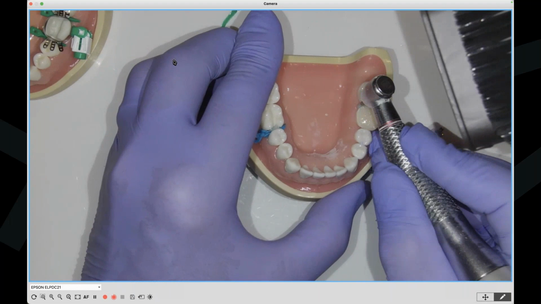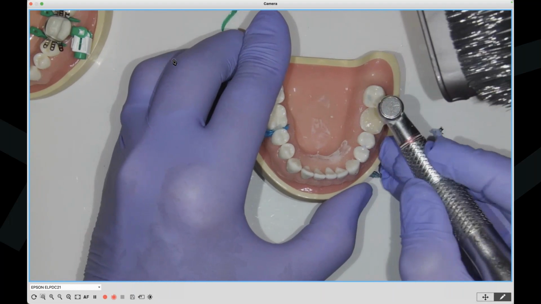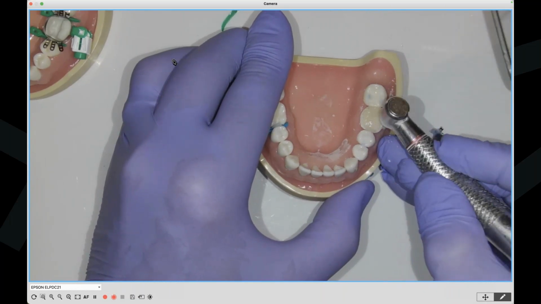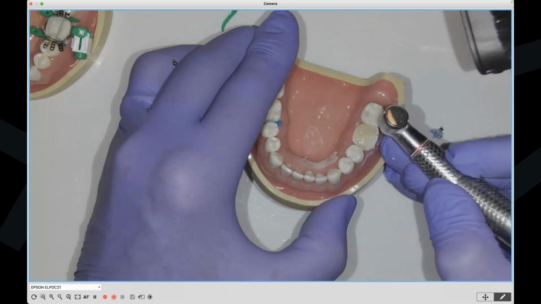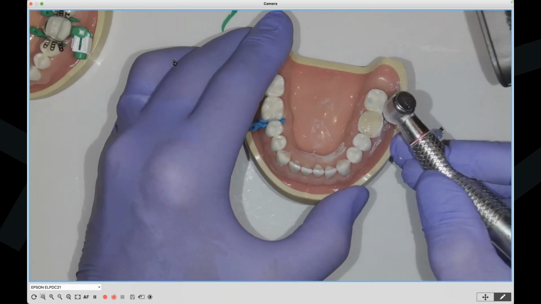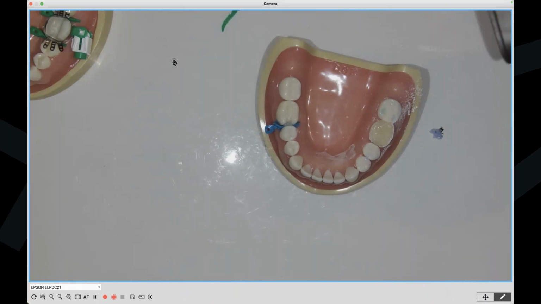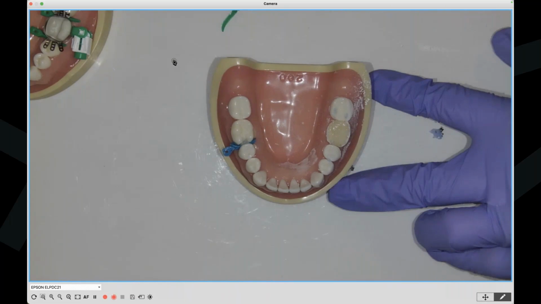So what I'm doing now is just shaping the bulb. And again, I would like to be using water right now, but I'm working at home. I just finished that, okay? Now we're gonna switch over. I'm gonna go to the acorn bur.